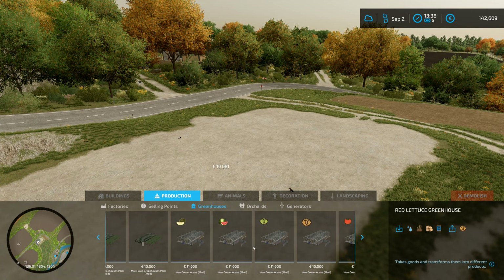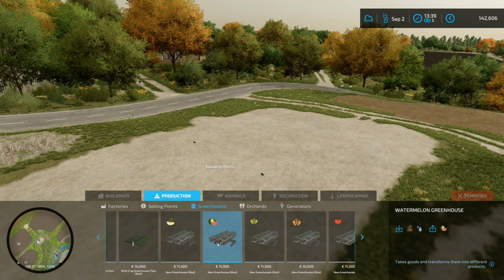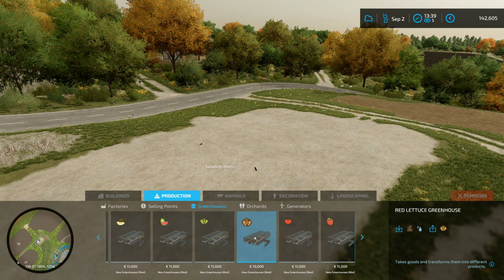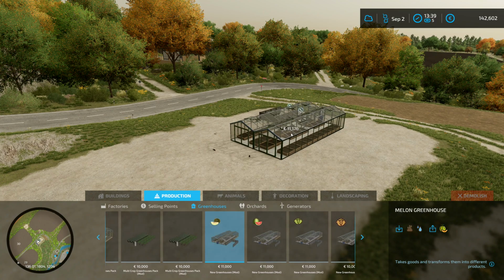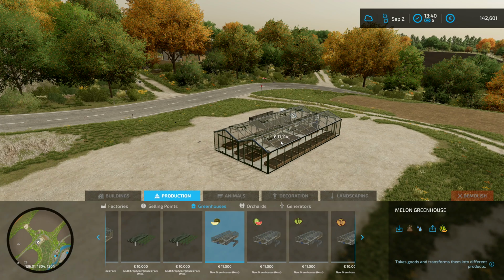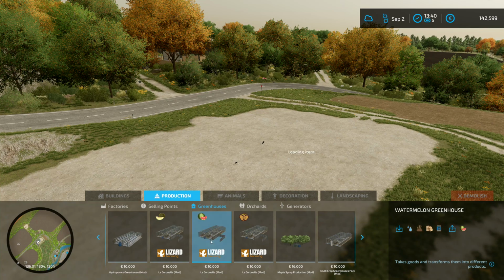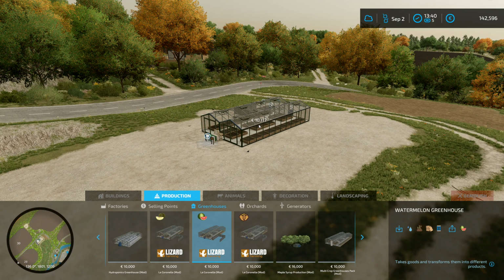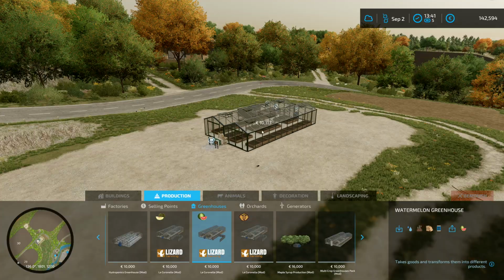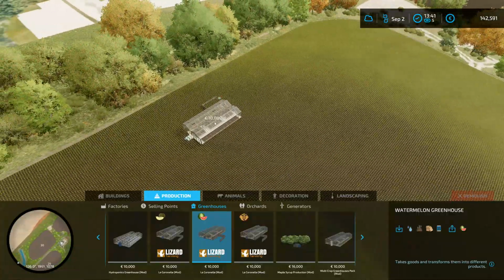There is some other greenhouses as well. These are new greenhouses, and these have got melons, watermelons, standard lettuce, red lettuce, tomatoes, strawberries. They don't have an input for pallets by the look of it. It's only the Coronella ones here, specifically for this map, that require the pallets. But I kind of want to do the one with the pallets, just to see if it does make a difference. I mean, we could end up buying both of them. So I need to find somewhere that we could go and put some...